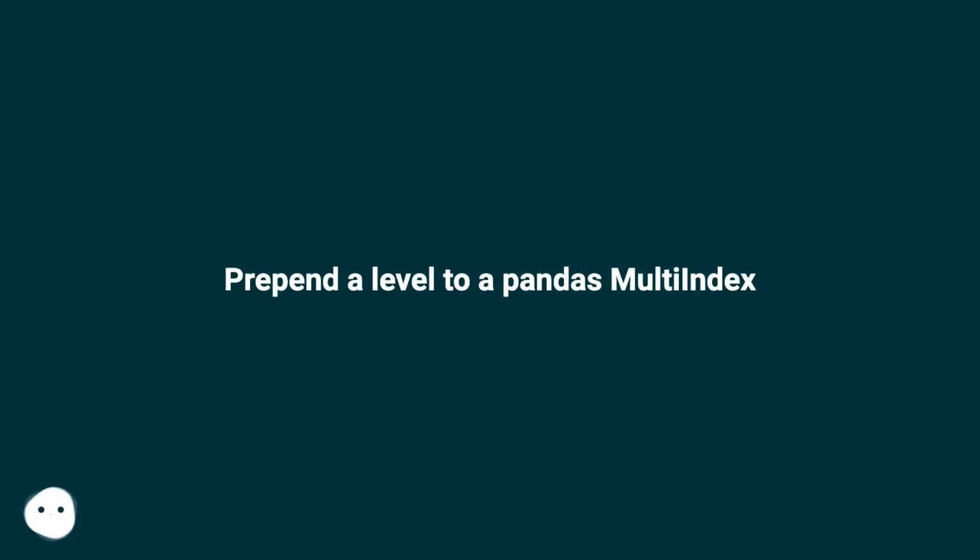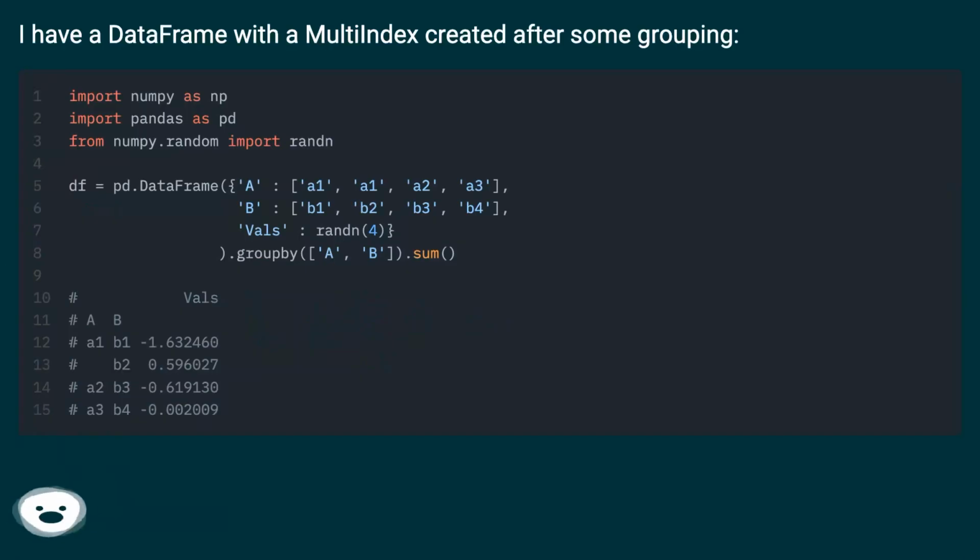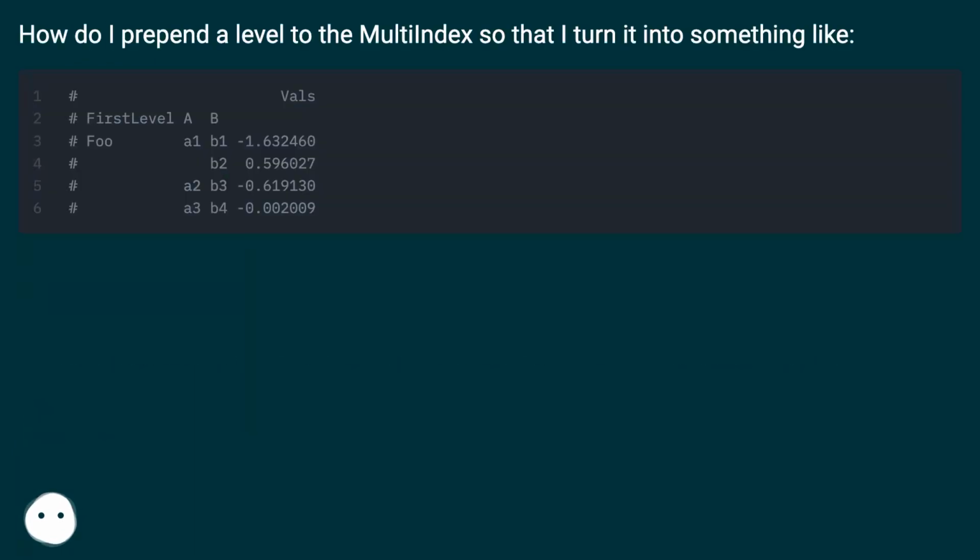Prepend a level to a Pandas multi-index. I have a data frame with a multi-index created after some grouping. How do I prepend a level to the multi-index so that I turn it into something like